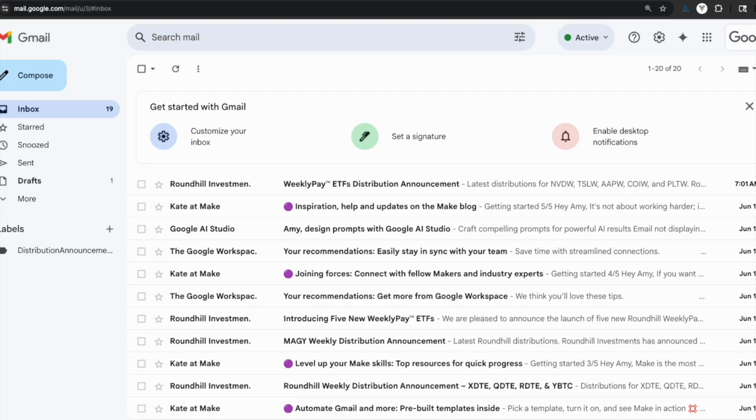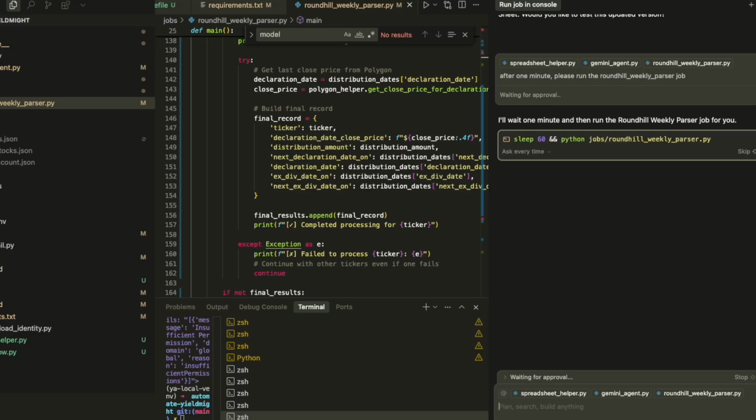So this is for the AI, and I've only really done the Roundhill ones. I was starting with Roundhill automating it because they do have their weeklies and they're paying every day.